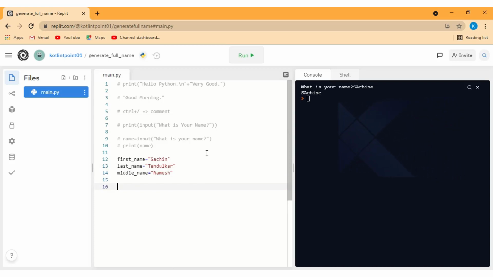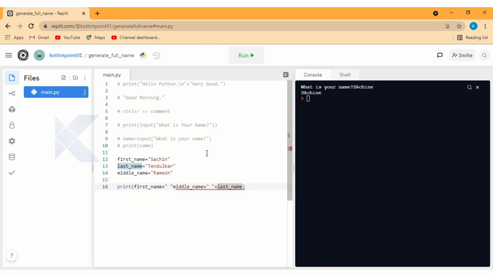Now these 3 variables I want to print, so I will write first name here, then plus, then space, then middle name, and then again space, and then after that the last name.